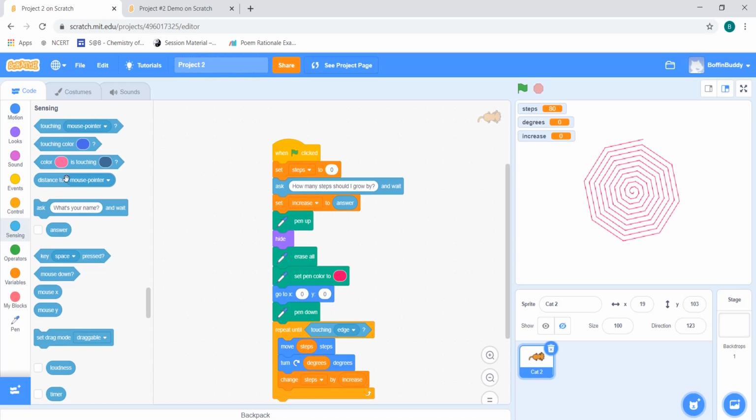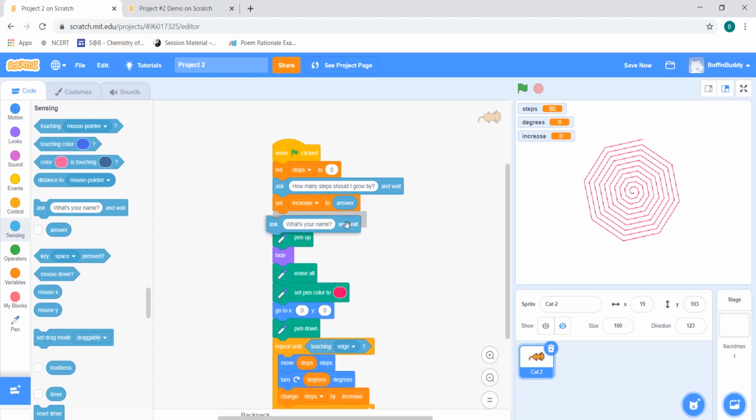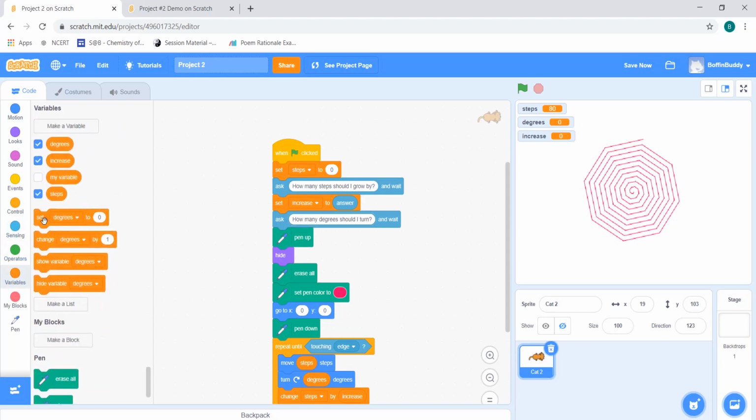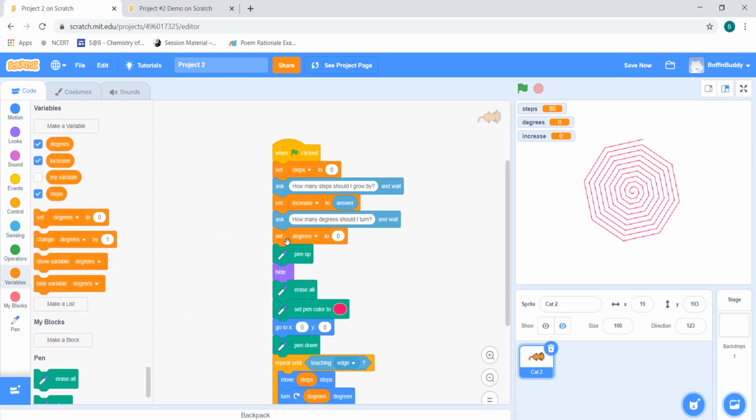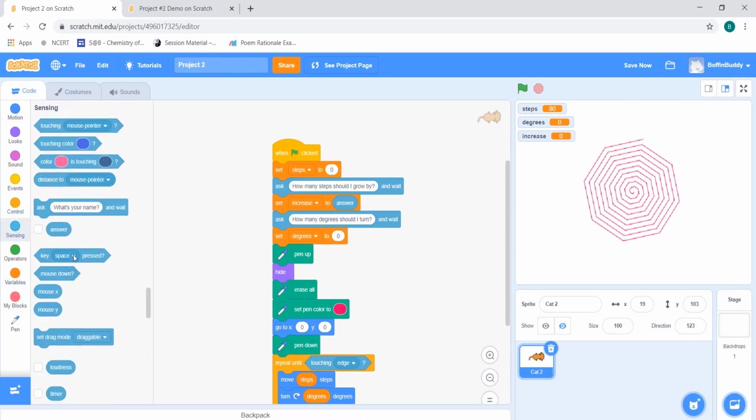Let's do the same for degrees. I'm going to add another question block below the set increase to answer block. And I'm going to ask, how many degrees should I turn? And also, we're going to do the exact same thing we did with the last question. We're also going to add set degrees to answer. So we're going to go back to sensing, and we're going to get the answer and put it in place of 0. Okay, now